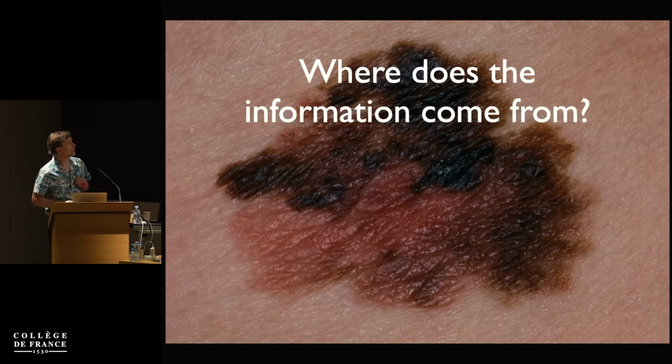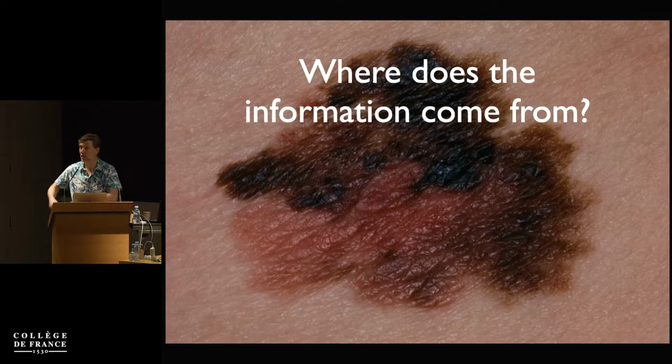So here's the questions we want to ask. The real question we want to ask is, where does the information come from? When a melanoma spreads outwards and when a melanoma spreads into your body, how does it know? Because if it moves randomly, it will go nowhere. Random migration on this sort of scale is the most inefficient thing imaginable. But the moment you start being directed, then you have melanoma spreading.